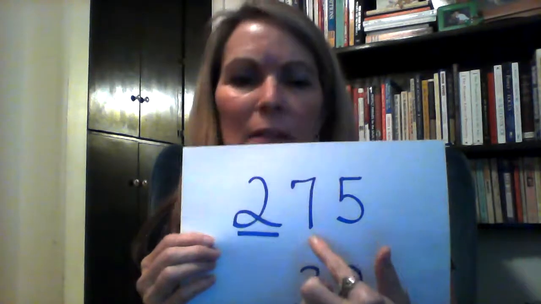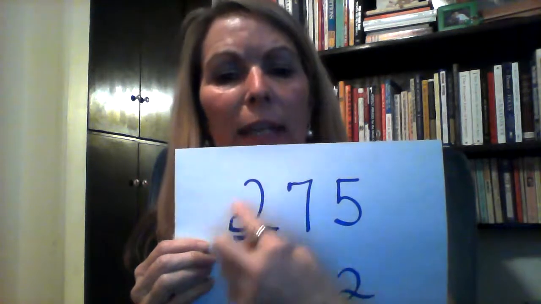This 7 is not a 7 when it's in this spot. And I even have to remind my 5th graders of this. This 7 represents 70, 7 tens. And this 2 actually represents 2 hundreds. So even though they're looking at these, they shouldn't look at this as just a 2, a 7, and a 5. They should recognize that the 2 actually represents 200, the 7 represents 70, and the 5 is, of course, just a 5.